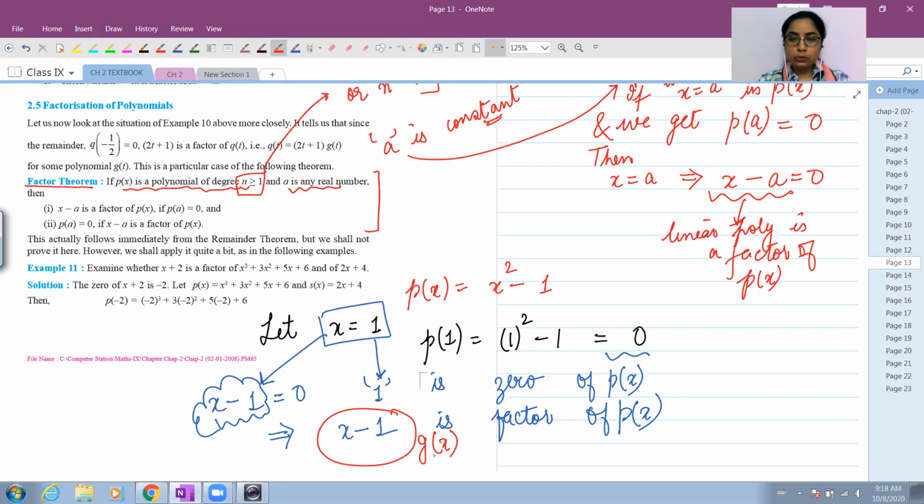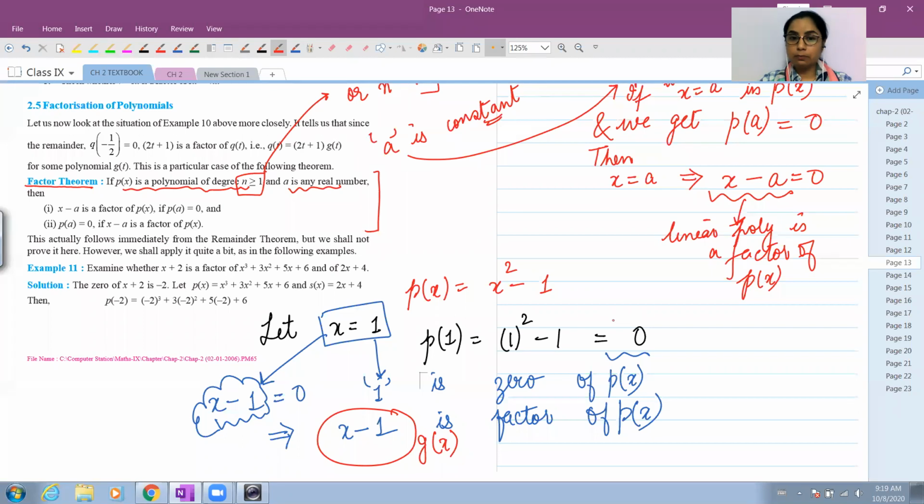जब हमने रिमाइंडर थ्योरम यूज की थी, हमें बताया गया था कि हम किससे डिवीजन कर रहे हैं और जिससे हम डिवीजन कर रहे थे उसमें से हमने x की वैल्यू निकाली थी और पॉलिनोमियल में पुट करके रिमाइंडर फाइंड आउट किया था. लेकिन in case of factor theorem, what we do is we try to find out a value on our own. That means we are going to find out a constant जिसको अगर हम अपने पॉलिनोमियल में पुट कर दें तो आंसर 0 बन जाए, और अगर हमें ऐसी कोई वैल्यू मिल जाती है तो उस वैल्यू की हेल्प से हम खुद ब खुद अपना एक फैक्टर क्रिएट कर सकते हैं.